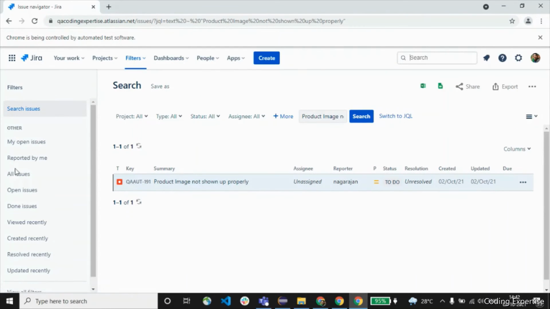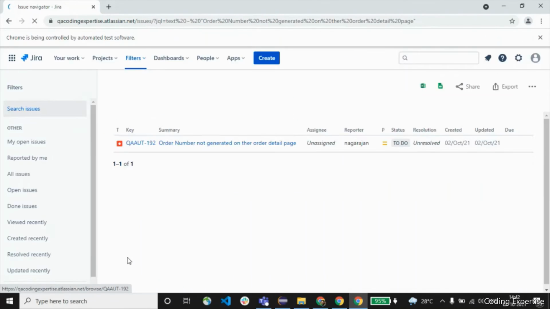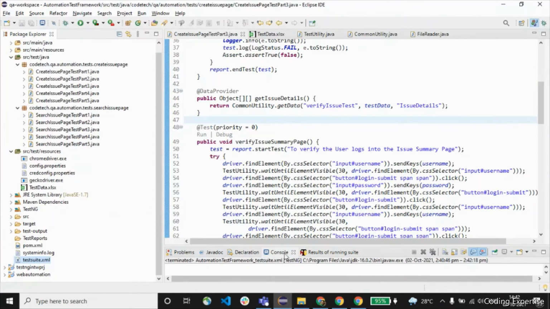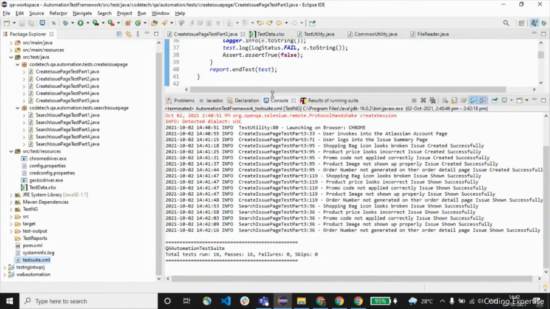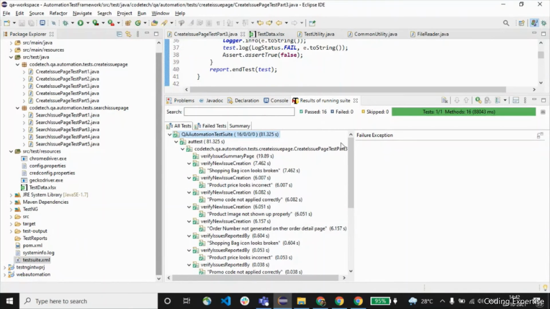See, in the left pane you could see reported by me, right? So that is also being validated. Okay, let it validate. I think the validation is done. The overall execution is done. Let me refresh the report folder.